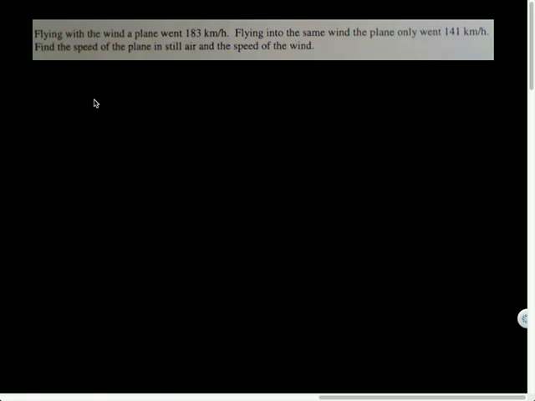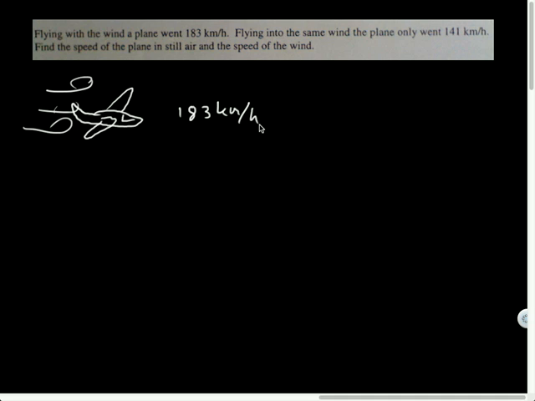So let's see. Here's the next problem. Flying with the wind. So here's going to be my little airplane. It's flying with the wind, so the wind is going whoosh, whoosh, whoosh with it, and it flies 183 kilometers an hour. 183 km/h. And then flying into the same wind, so maybe on the trip back,